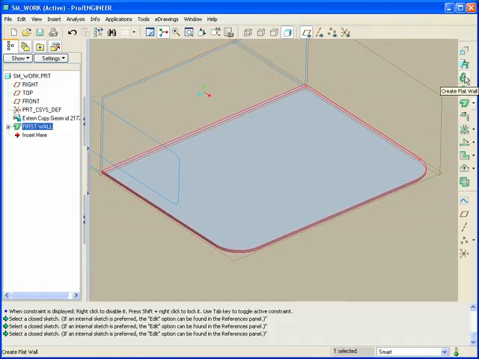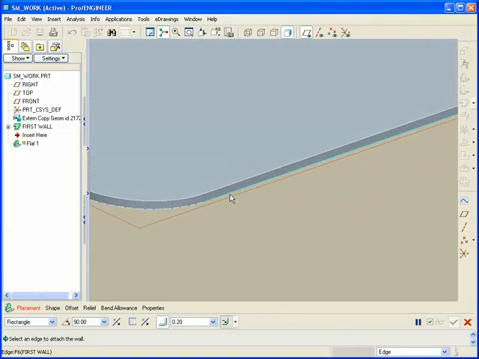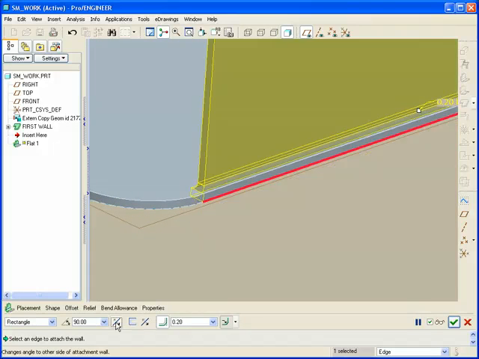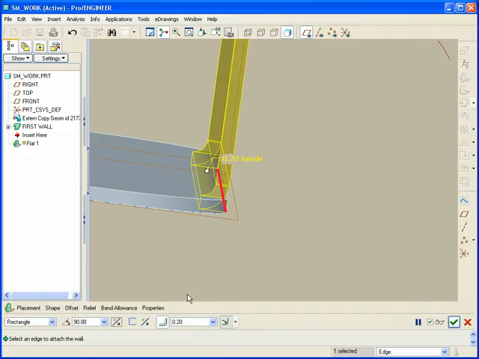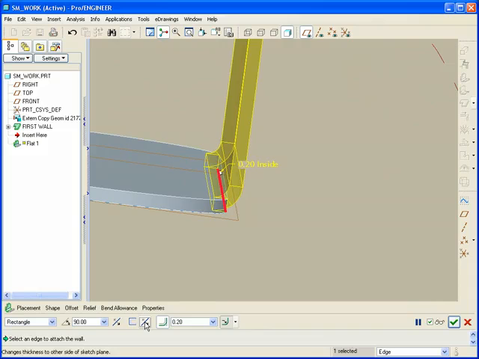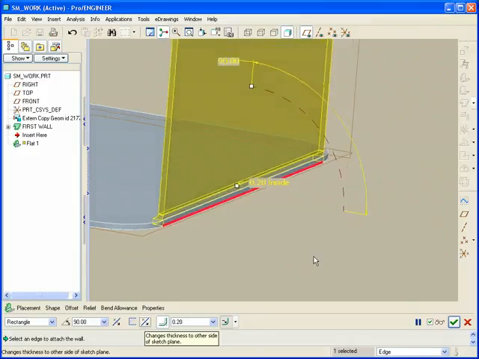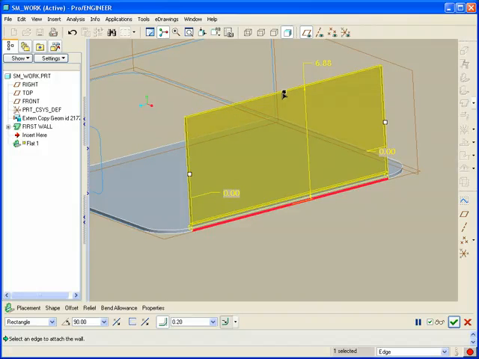Let's grab now the Create Wall, and then we'll grab an edge. Now I like to use the outside edges, and to be consistent I'll continue to use that. I want it to go in that direction, and the important thing to note here is that we put the wall on the inside. Okay, so there's our wall, and of course I can change its height, but we want it to be driven